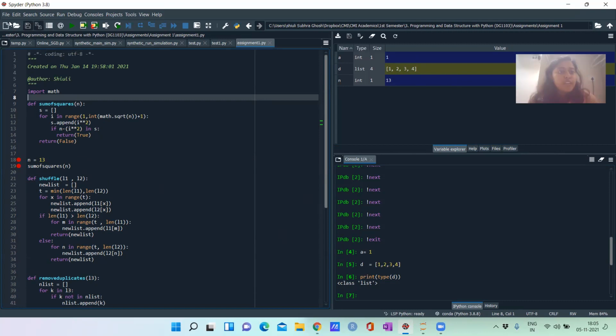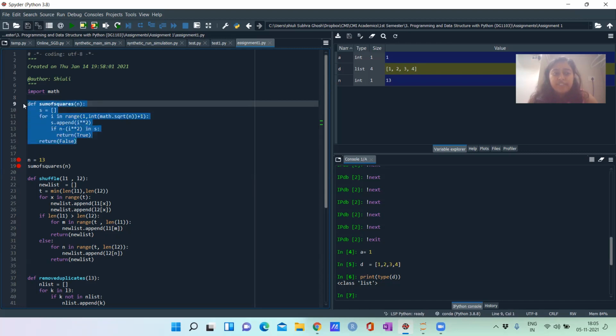Okay, so now the main thing, I'll first discuss debugging. If you write a function using def, then you don't know what is happening inside. Let me run this thing.